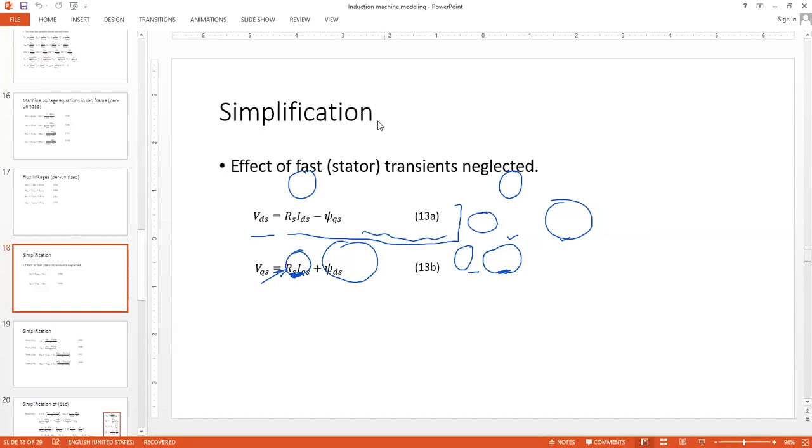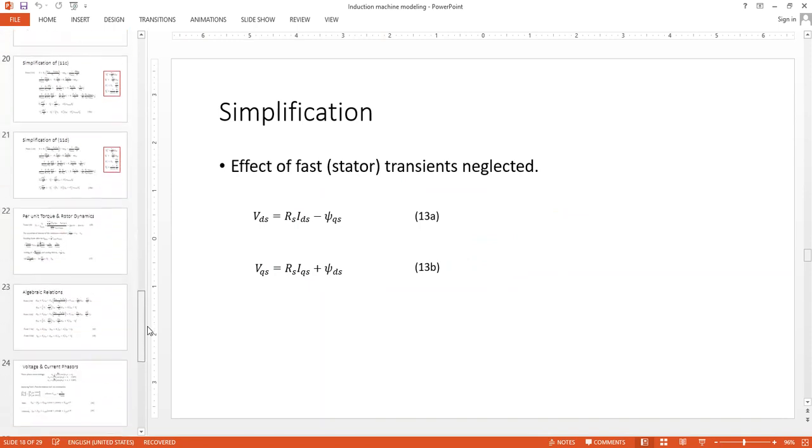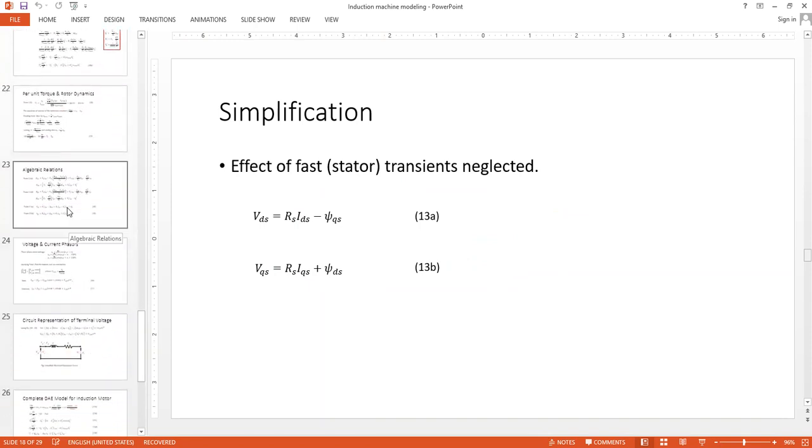So in 13A, we have the simplified expressions for VDS and VQS after we neglected the fast stator transients. So you only have two elements on the right hand side for VDS and another two elements on the right hand side for VQS. Specifically, we have psi QS and psi DS on the right hand side. So from 13A and 13B,